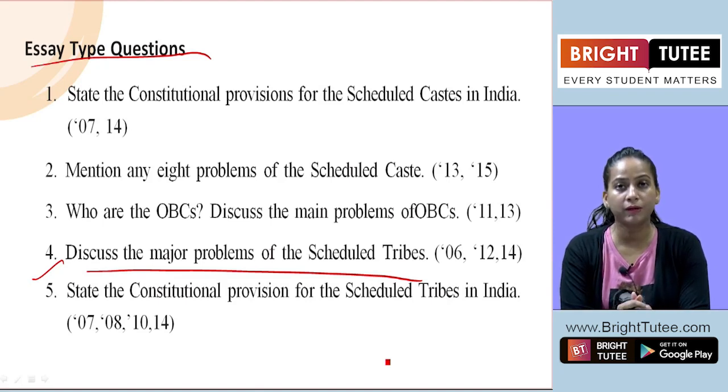The next problem we can mention is indebtedness, as they are not fully self-reliant, so they have to depend on other people, and for that purpose they are taking loans also. Sometimes they are not able to pay back the loan due to poverty and unemployment, which creates problems for them. So they are coming under the vicious circle of debt, where they have taken a loan and are not able to repay it.